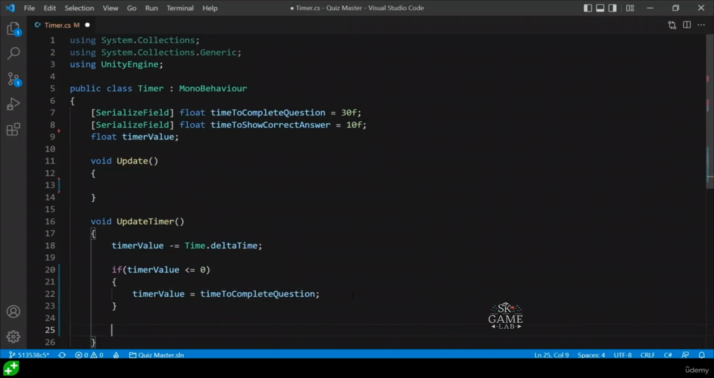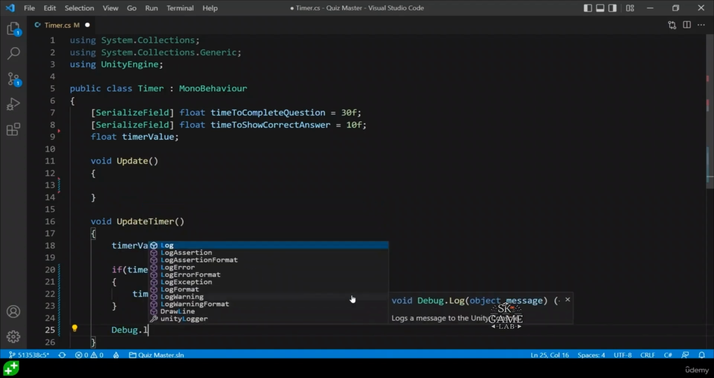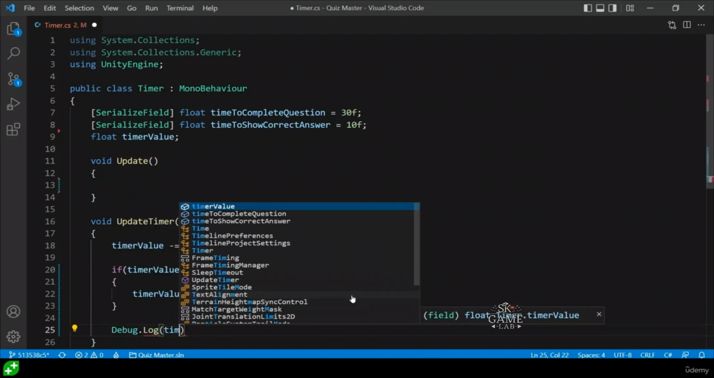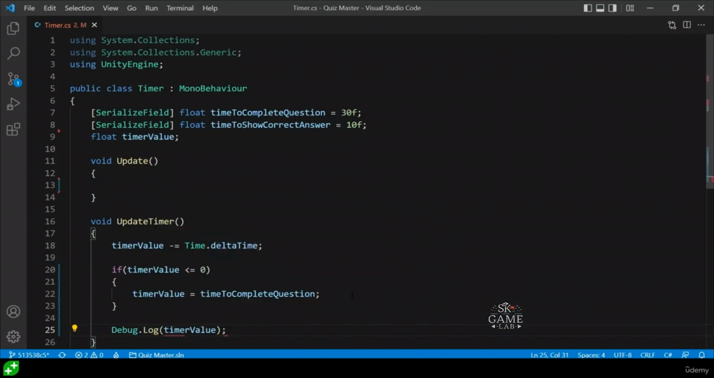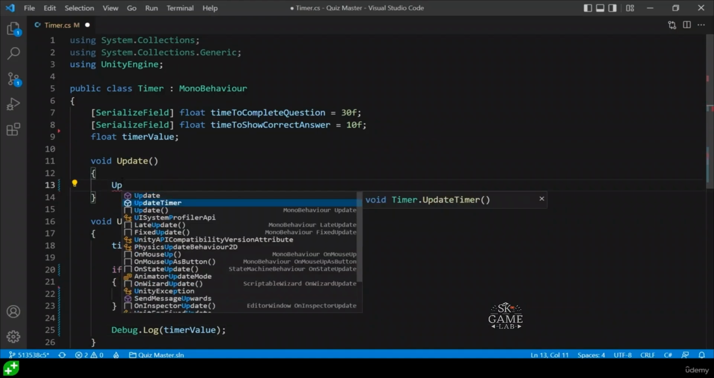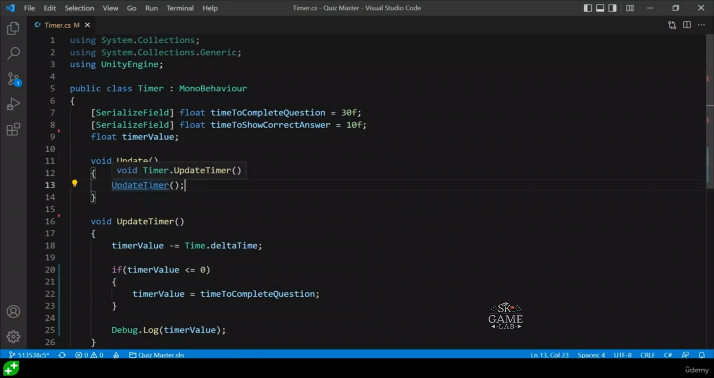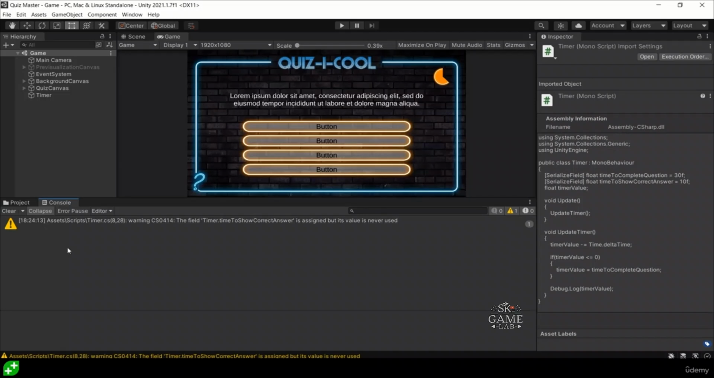And so that we can test this in Unity and see what it's doing, let's add a Debug.Log message at the bottom here, which is just going to print out our timer value. And finally, to call this method, let's go to our Update method and call UpdateTimer. So if we save our script here and jump back into Unity, if we head over to our console so we can see our log messages, and we can just clear this warning for the moment,